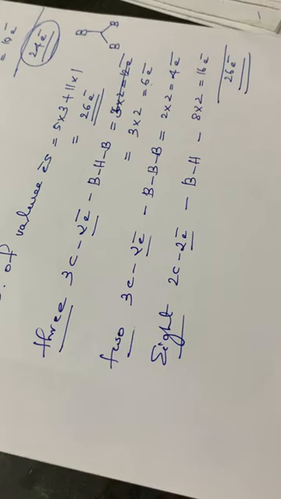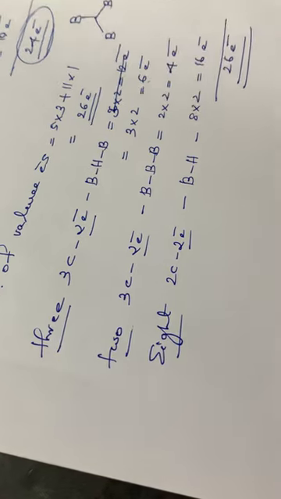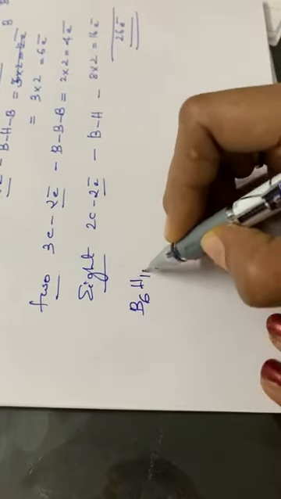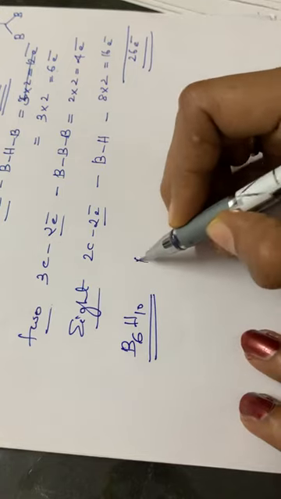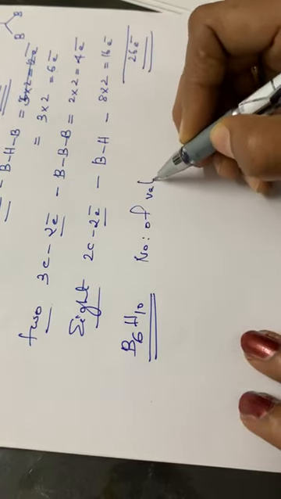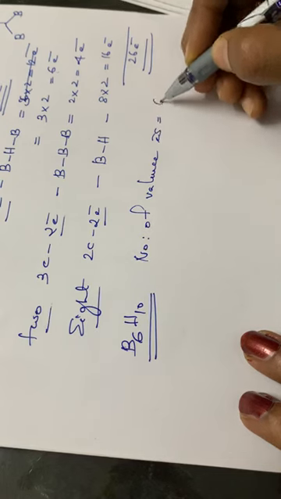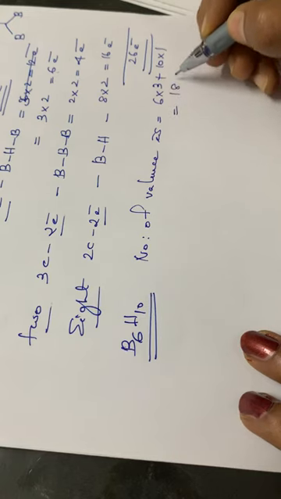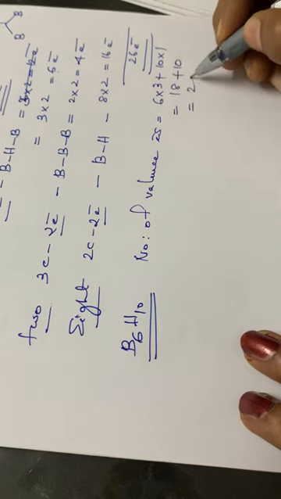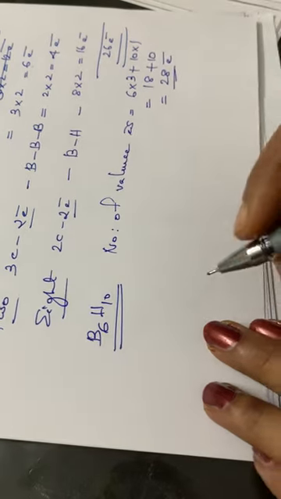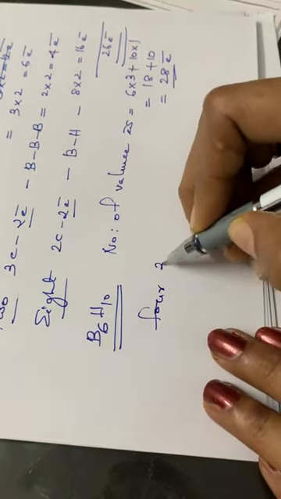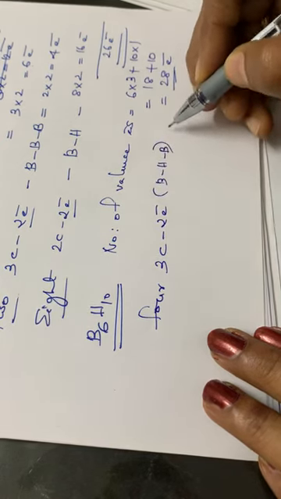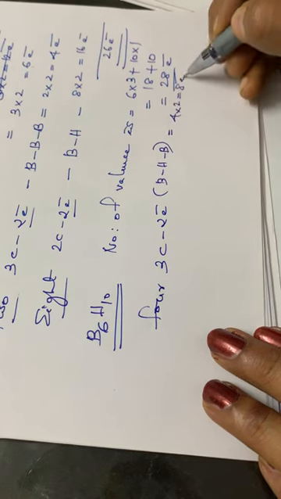Then the next one, that is B6H10. See, the number of valence electrons is equal to 6 into 3 plus 10 into 1. That is equal to 18 plus 10. That is 28 electrons. Okay. So here also 4 3 center 2 electron bonds, that is BHB. That is equal to 4 into 2, 8.